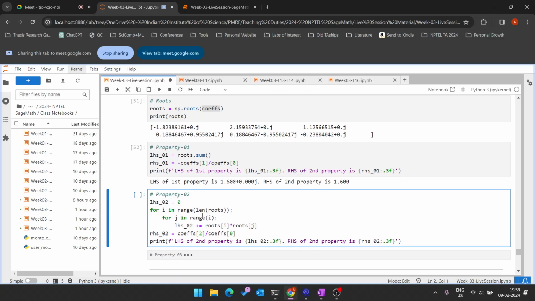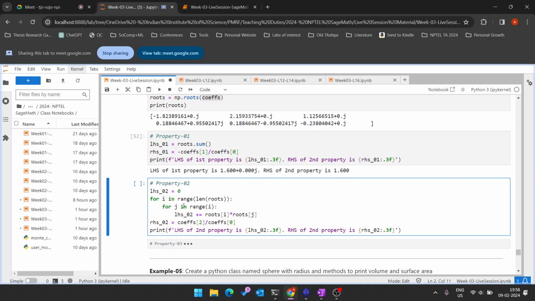We look at the second property. The second property asks us to calculate the sum of alpha_i times alpha_j, provided that j is less than i. So that is what we are doing by restricting j. We are taking i over all the roots, so all 6 of these,